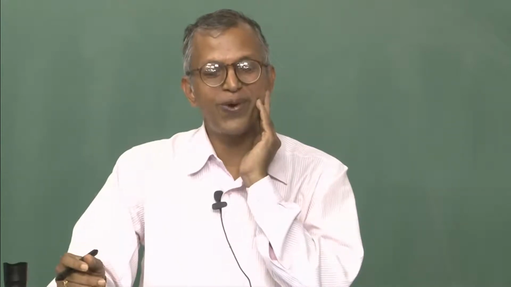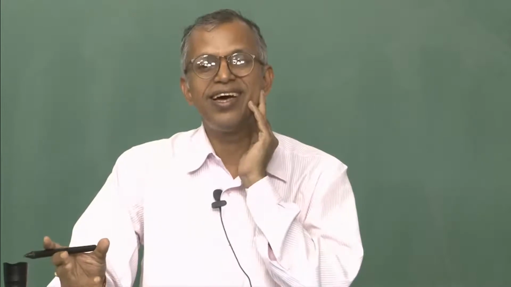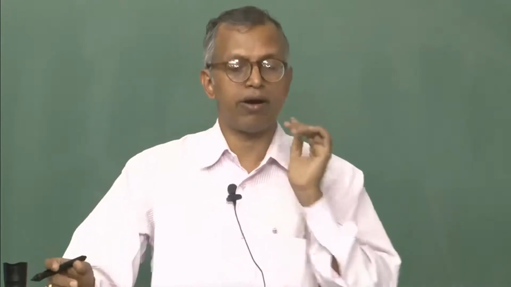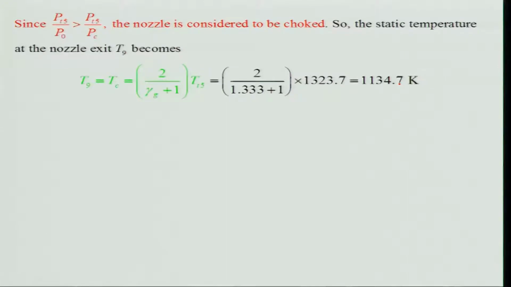But suppose a pilot wants to change that, how will you do it? There is no throat, it is a convergent nozzle. So, you will basically have to change the exit area, or you will increase the upstream pressure. I can change the pressure, and then only I can allow more mass flow rate to go, otherwise I cannot. Of course, there are several implications. Suppose it is choked and you are trying to push more mass flow rate, what will happen? There are several implications of it, so let me not get into that.